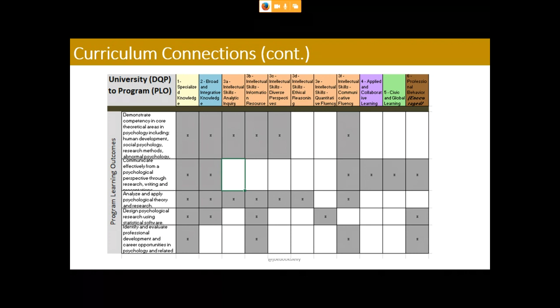So if there was a program that doesn't align to one of these, well, then we talk to that program and say, somewhere you've got to put this in. But the degree to which they align to it is in a lot of ways up to them, unless our faculty senate or our university curriculum committee comes up with some type of agreed upon minimum. But for us, we said, no, these are university level outcomes, you should align to them in some way, even if just once. And then for you and your programs to say, well, you know what, yeah, we should do more with civic and global learning. That is something that's coming up and being more relevant in our field. I'm surprised we don't have more of it here. So that's something for us to work on.